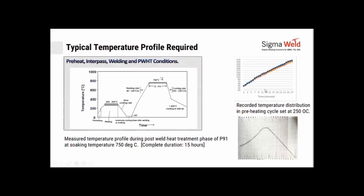These are some of the examples shown. On preheating, you can see that between the thermocouple on the outside and the one on the inside, the difference is minimal, and the temperature range is achieved much faster. Similarly, if you look at this chart, which was produced during the post-heat cycle, the cycle was completed in 15 hours. You could have a gradual ramp up as you programmed, hold the temperature there for a couple of hours, and then a gradual cooling down, and then bring it to a nominal temperature and let it